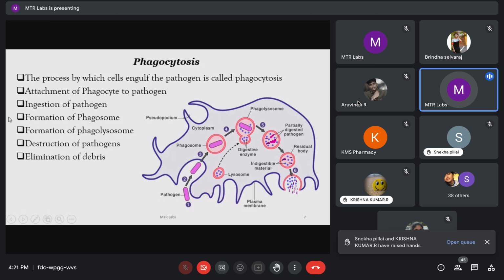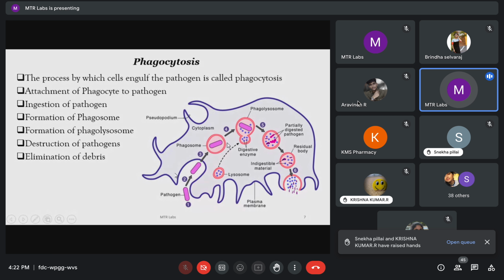To engulf the foreign particles, first this phagocyte, in the sense the cell which is involved, either the macrophages or dendritic cells, will enlarge its cytoplasm to form a pseudopod. This is called pseudopodium. This pseudopod surrounds the pathogen which is present at the site of infection. It will cover up this pathogen and take it in as a phagosome. This will be engulfed inside the cell.